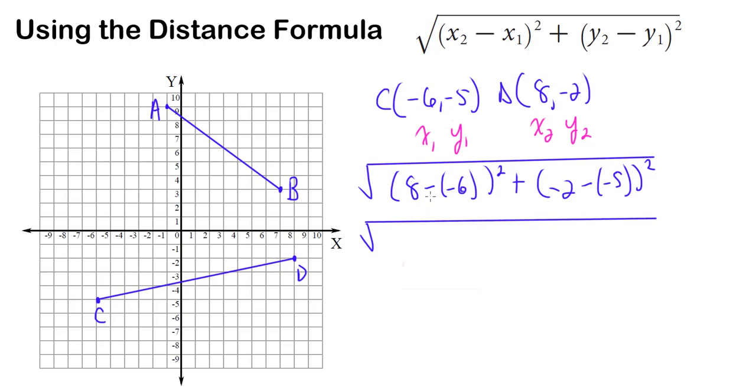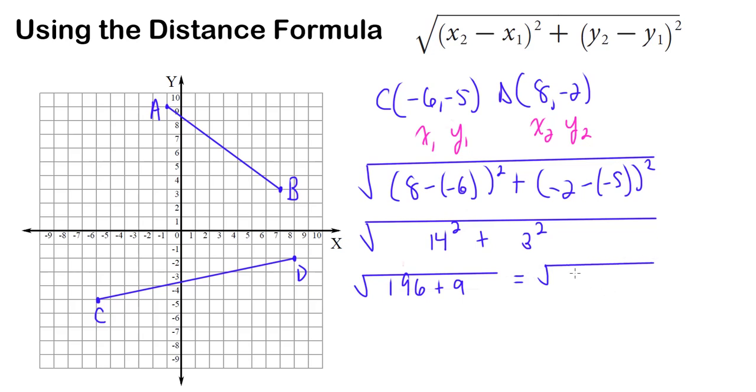We have here 8 minus -6, that's 8 plus 6, so 14 squared, plus -2 minus -5, that's -2 plus 5, which is 3 squared. Now, 14 squared is 196, and 3 squared is 9. Then we add those together,